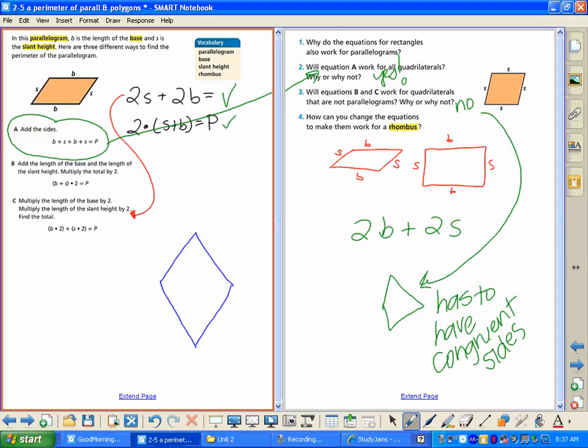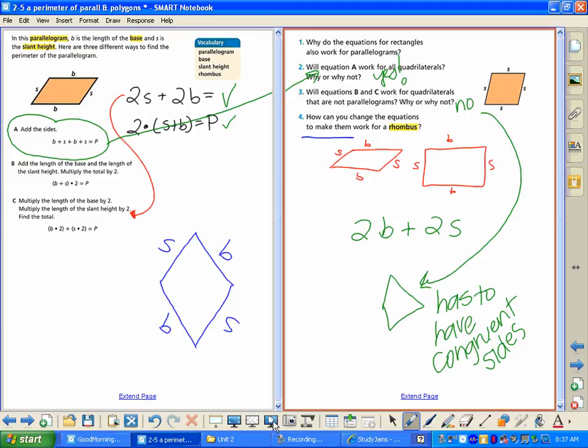It looks like a parallelogram, so we could call one of these the base and one of these the slant. And would it be the same? Would that work? So for a rhombus, would it work? I think